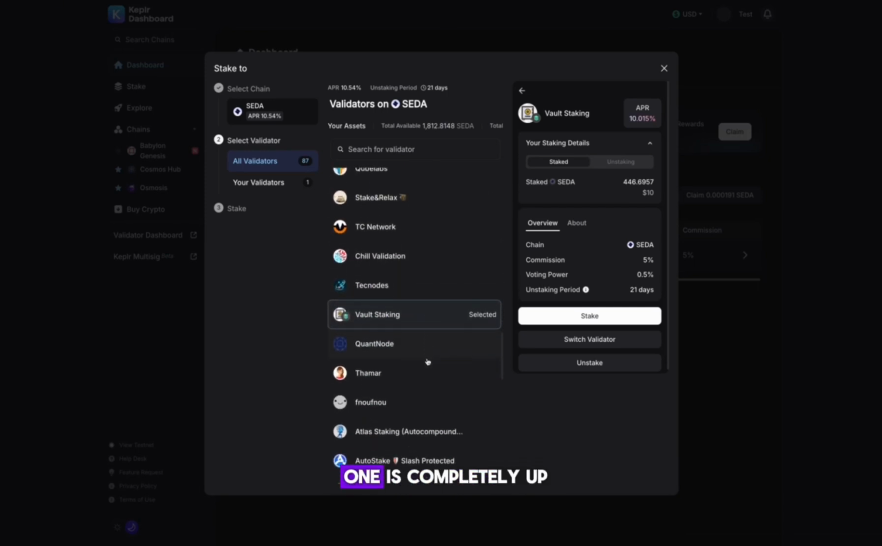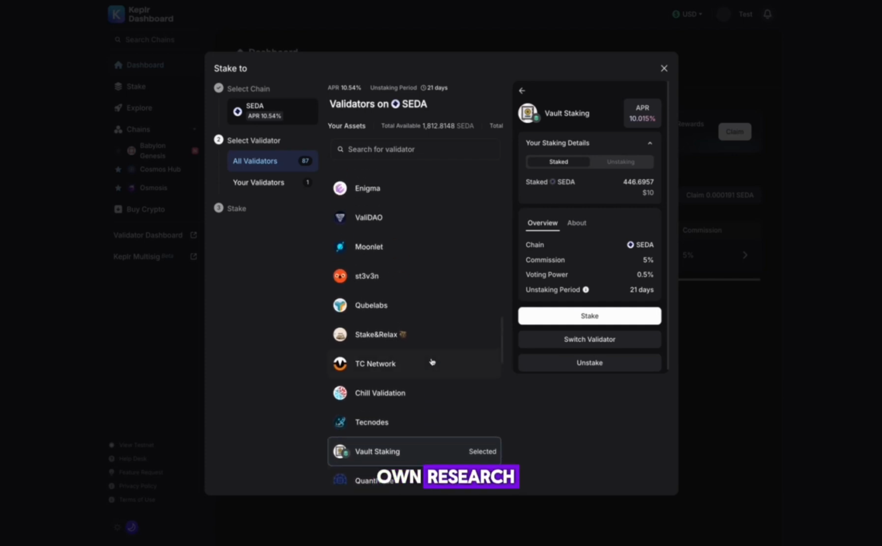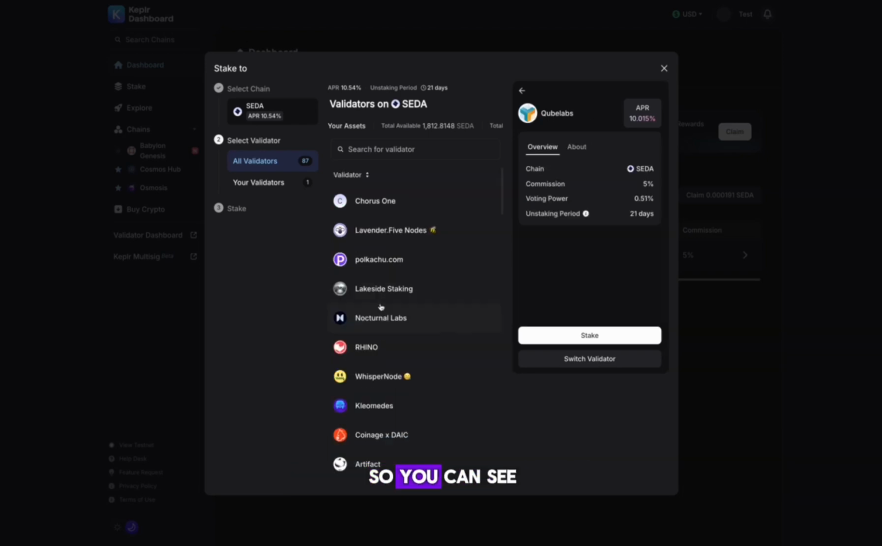To pick the right one is completely up to you. You can do your own research, visit their website, learn more about their practices, learn more about what they're doing in the Web3 space, who else they validate for, whatever it is that helps you decide who you want to pick. They all come with different commission and voting power, so you can see as you click through them,